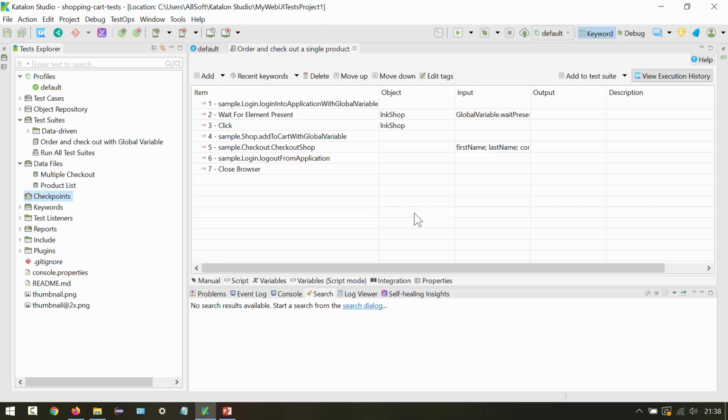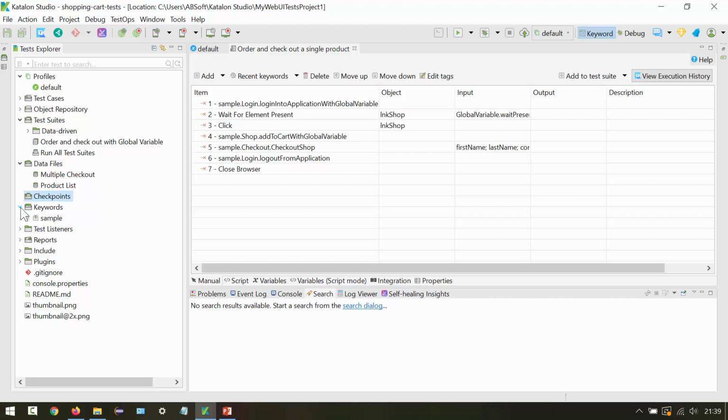A checkpoint is used to verify whether the current state of the data source is different from its previously taken state. So checkpoints are really helpful for database validation. Using a checkpoint, we can take the current state of a data source, then compare it with the previously taken state. So we can use checkpoints in database validation test cases to compare current and previous states.